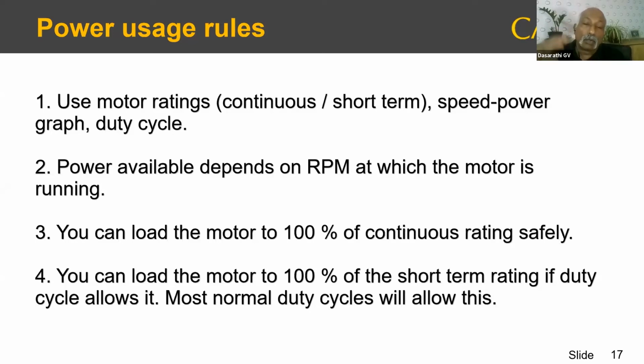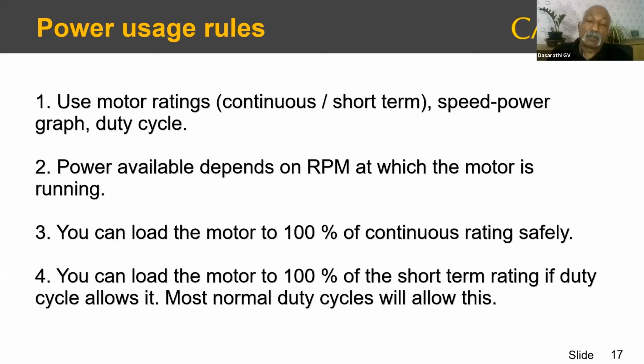And even if you want to go beyond 18.5, let's say you want to run it at the short-term rating, 22 kilowatts, unless you have a problem like, let's say you've got a shaft of say 5-meter length, running at something like 100 RPM, and it takes one cut on such a shaft maybe 45 minutes, 1 hour, correct? One single cut. In that case, you have to be bothered about the short-term rating also. In that case, to be on the safe side, just stick to the continuous rating. In fact, in all cases, if you stick to the continuous rating, you get the best use of your motor and you're on the safe side.